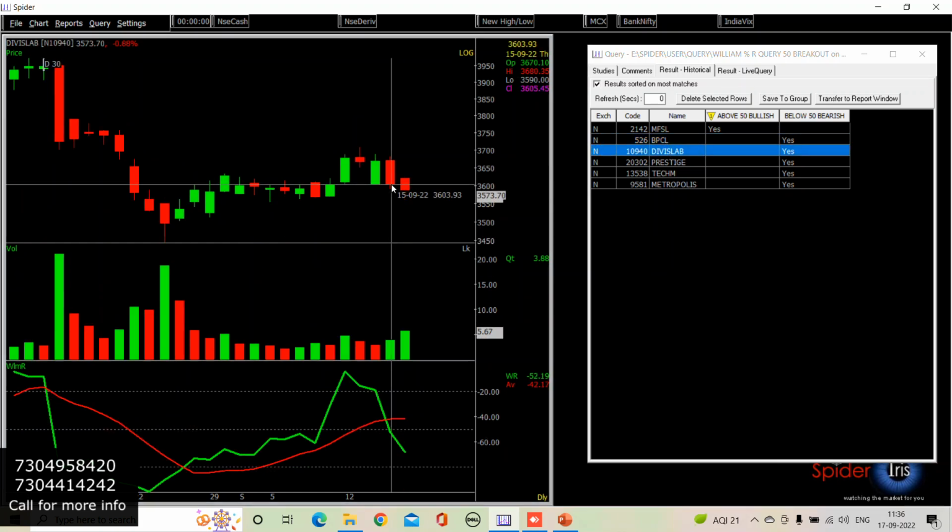Next stock is Divis Lab. In the previous candle the condition is getting satisfied. The Williams indicator is cutting the average red line in downward direction. Also it is trading between -50 to -60. The low of the previous candle is 3590. Nearby 3588 you will get this result in this query. Low it has shown till now is 3560.10. Also the value of the Williams indicator in the current candle is below -60, which is -68.36. Almost 25 to 28 points of momentum it has given on the current candle.